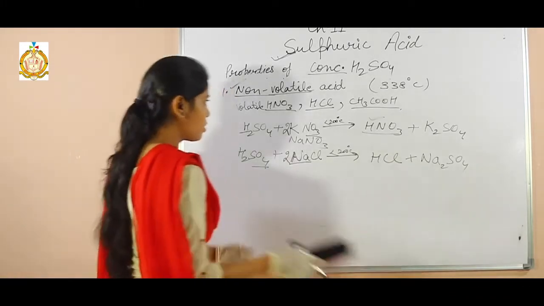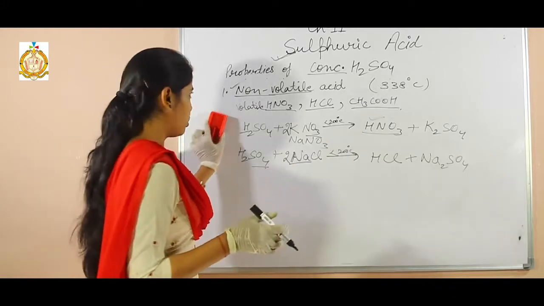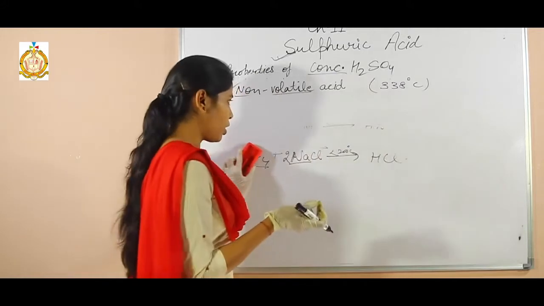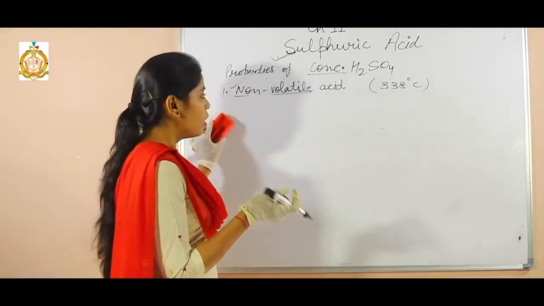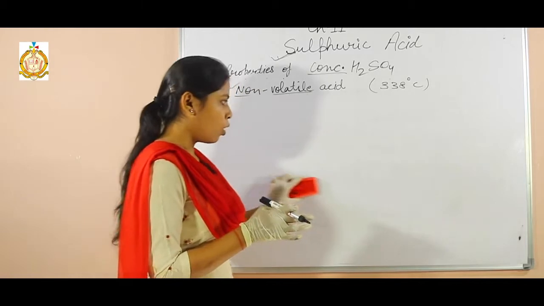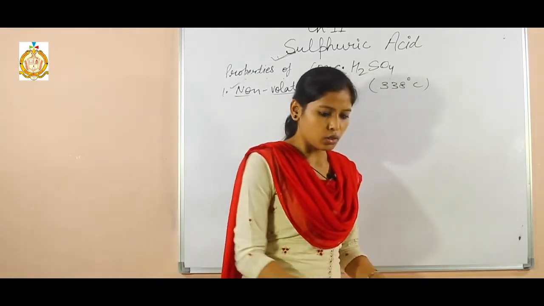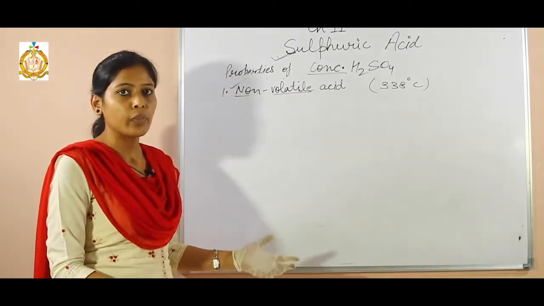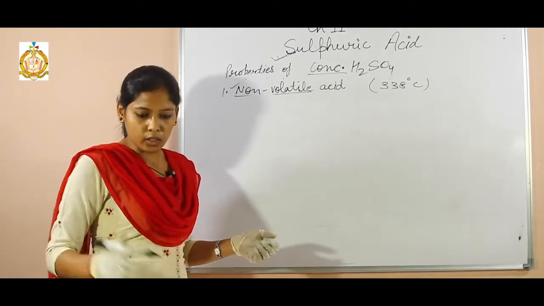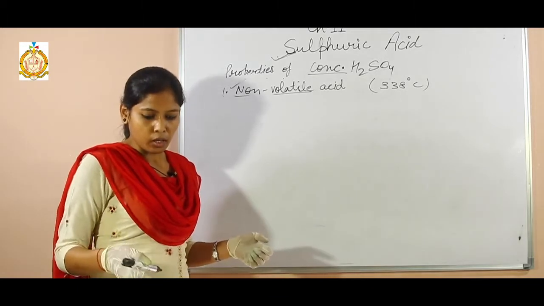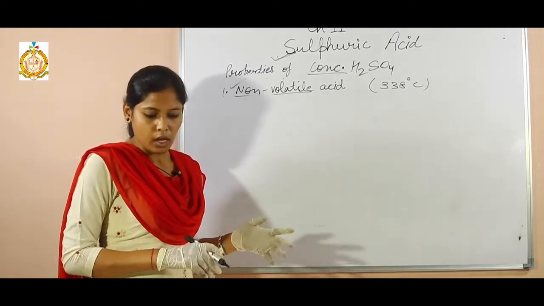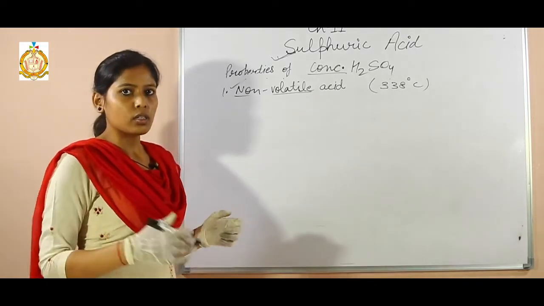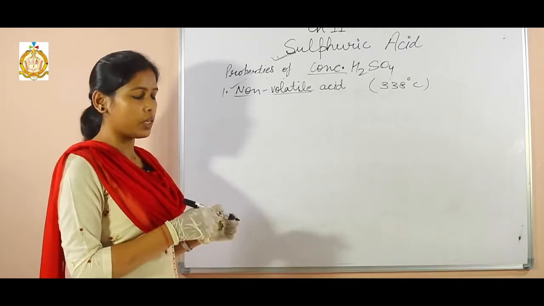Next property is oxidizing agent. For dilute acid, they can also ask: give a chemical equation or example by which the acid property of dilute sulfuric acid is shown. So you can give any reaction which we have done before in case of dilute sulfuric acid, like reaction of metal with sulfuric acid, or a neutralization reaction.